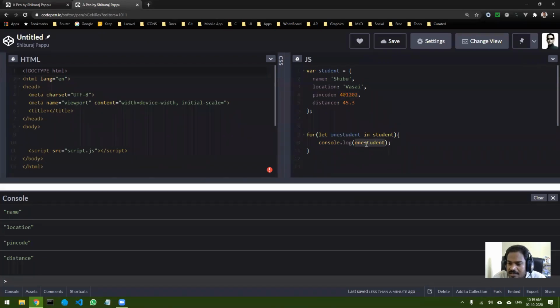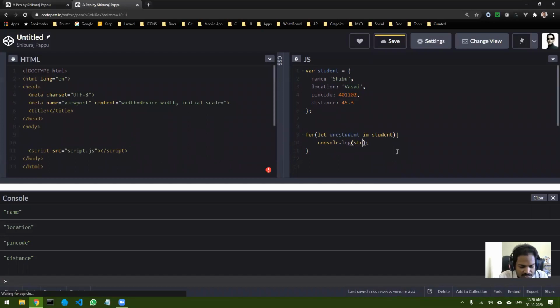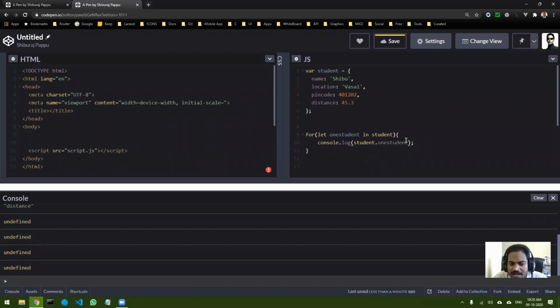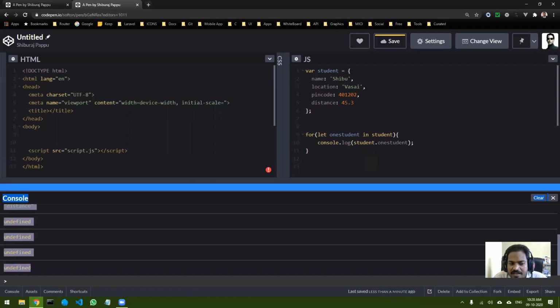Now here is where you understand when to use dot and when to use square brackets. Let's suppose you use the dot operator, student dot one student. If this is what you're going to do, then what do we get? Undefined. Why?